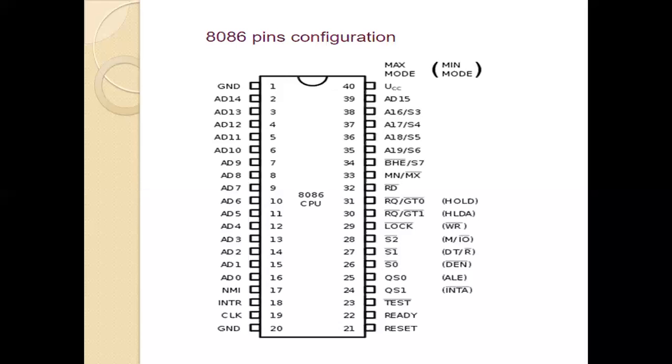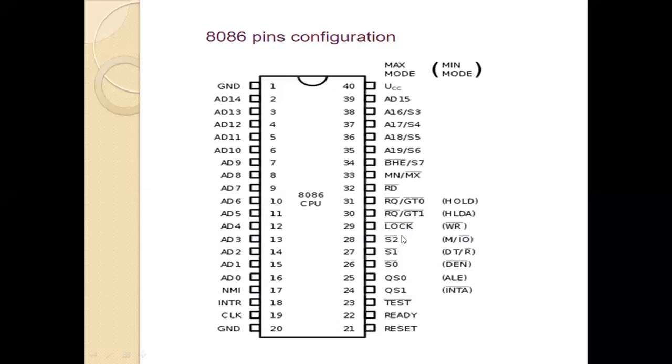It indicates in which mode the processor is to operate. Which mode? At what mode is your processor operating? When it is high, it works in minimum mode and vice versa. Next is pin number INTA. You can see from this pin number 24 that it is in minimum mode.